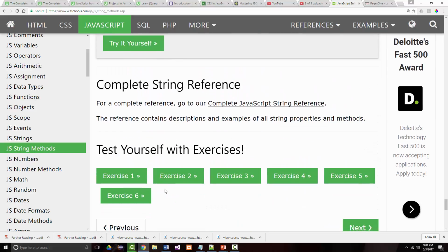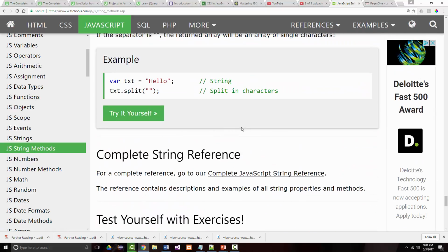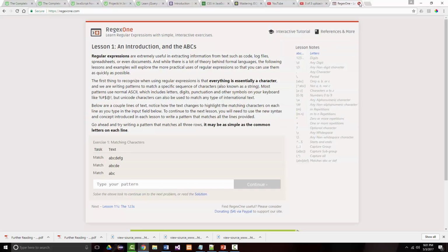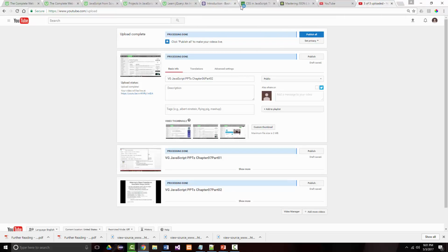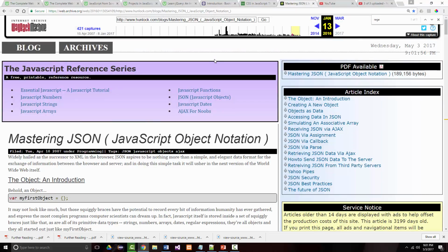All right, and as always, there are exercises in here. Okay? And I'm not going to do this, but again, we could go to YouTube and find other ones. But just remember, I've said this before, I'm strongly suggesting this because this Hunlock thing is as good as anything I have ever read. All right, and again, am I biased? Yeah, I guess, but I don't have any reason to be. But there's an actual tutorial. They talk about what you can do with numbers, what you can do with strings, what you can do with